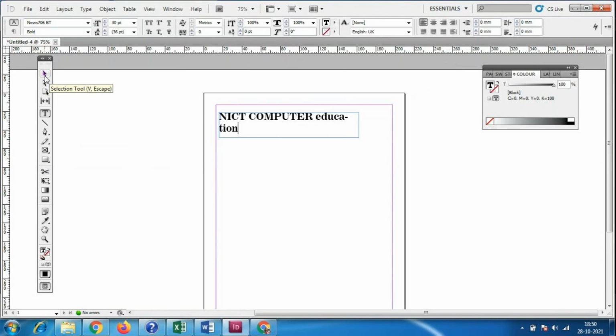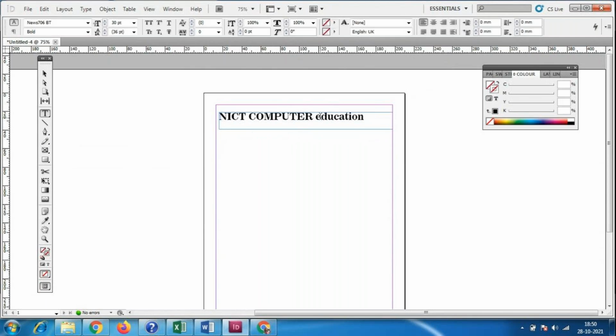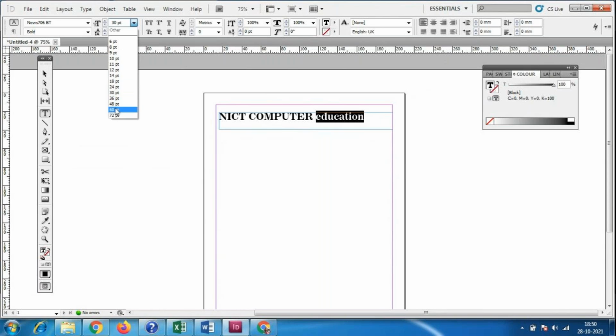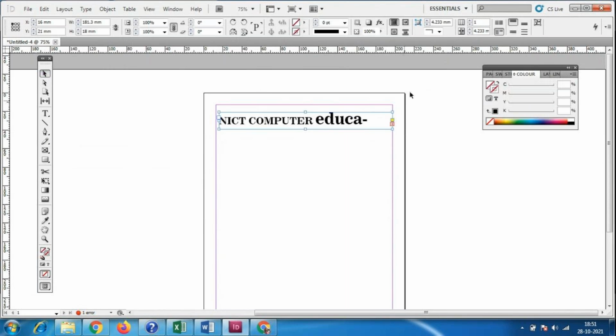I'll go to the selection tool and increase the size of the box like this. If I increase the size of the text, and the box is not big enough, then the other part of the text goes out of the work area.